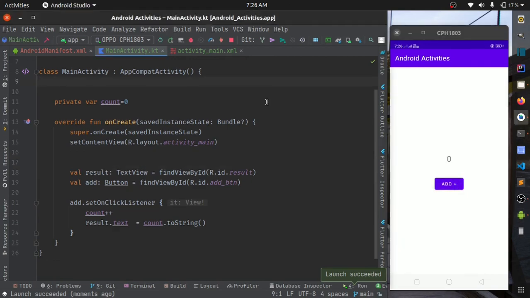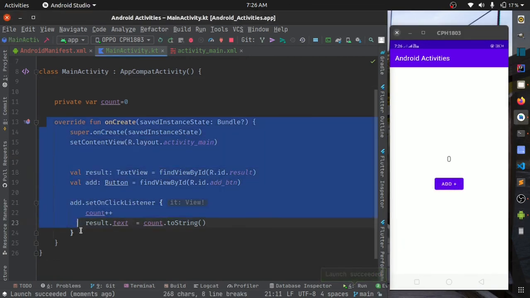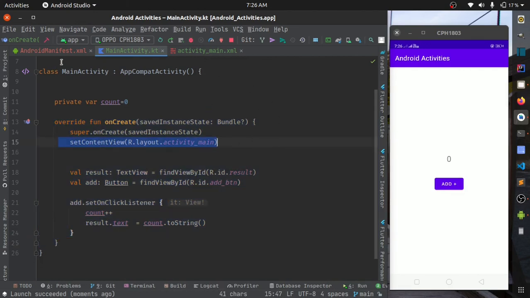Okay, let me explain very briefly. This onCreate is a method called by the Android OS when your activity is created, and setContentView sets or inflates this view into the activity window. This is the activity window provided by the activity. So here is all the view inflated, and this is the default toolbar given by the activity. You can customize it.